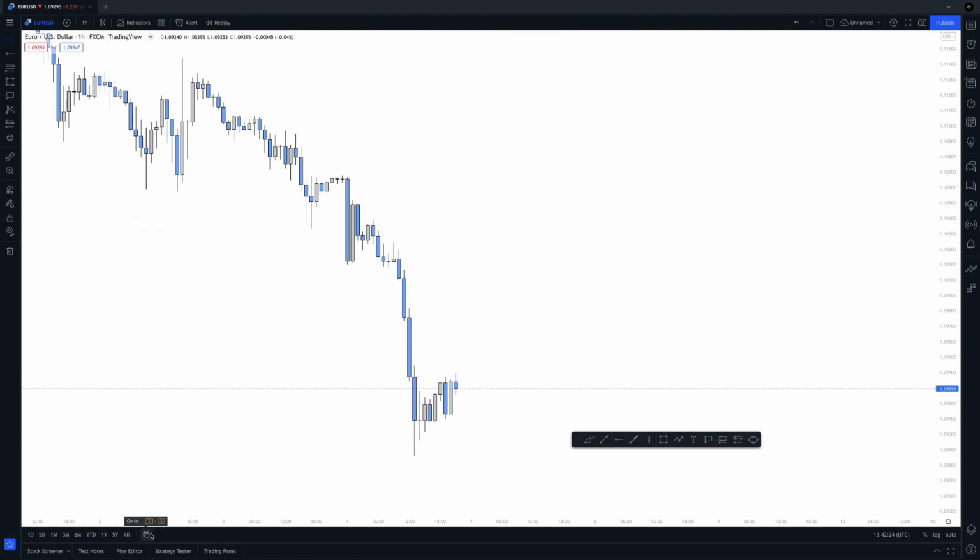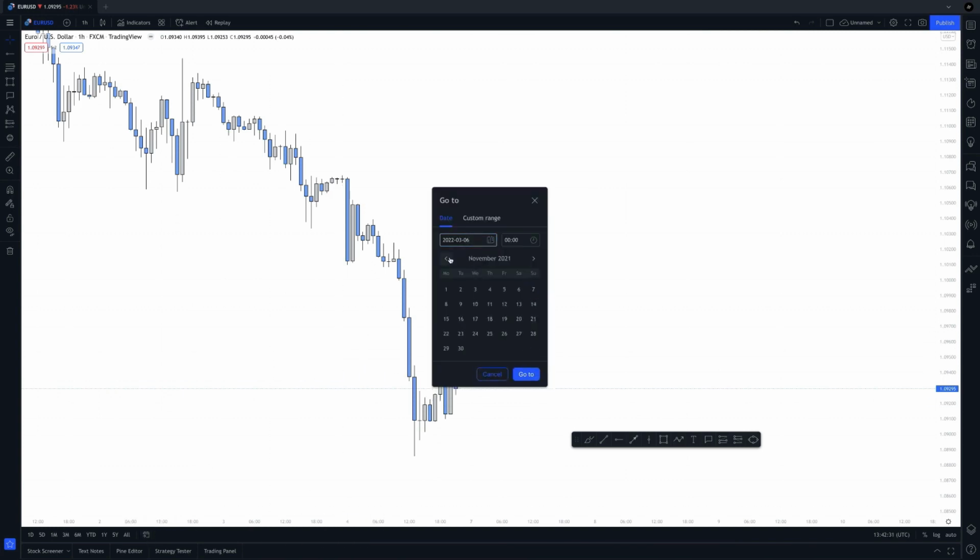Here there is a button, Go To, that you're going to use for backtesting. When you click it, you can go back, and let's say we want to go to April 2021, we click Go To,